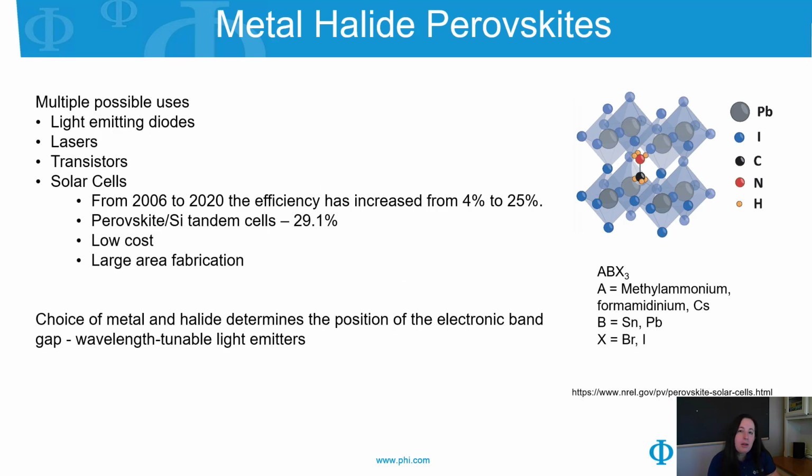So, metal-halide perovskites have the crystal structure that I've shown to the right, ABX3, where A is usually methylammonium, formamidinium, or cesium, and B is a metal, usually tin or lead, and X is a halide, usually bromine or iodine. So metal halide perovskites have many possible uses, such as light-emitting diodes, lasers, transistors, but they're perhaps most well known